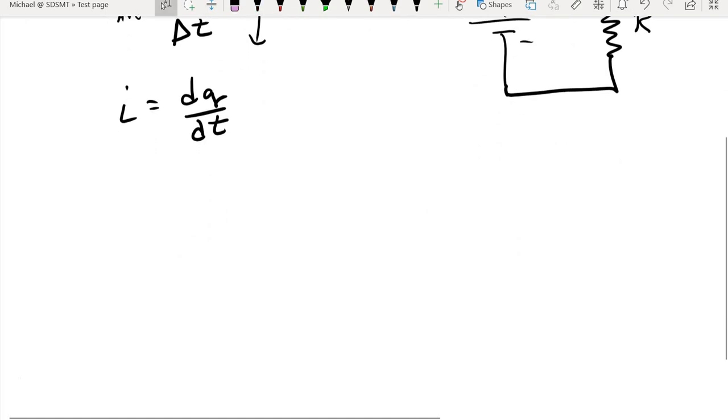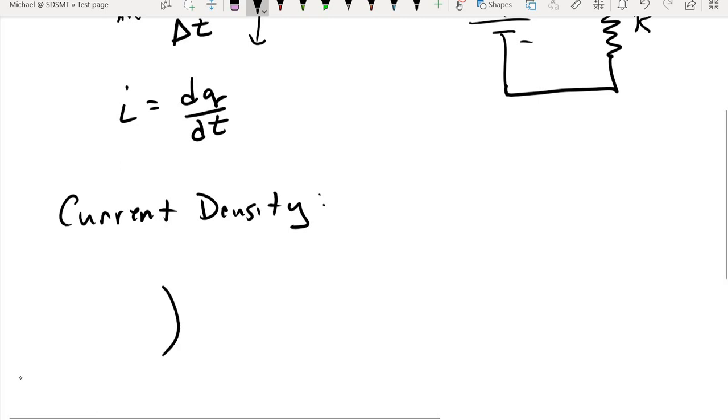So what about current density? Well, current density is, first of all, current, but then we have the density part of the definition. And if you're like me, back in middle school, the first time you probably heard the definition of density, that was mass over volume. And so you're probably thinking, well, I need to take that current and divide it over a volume, but that's actually incorrect, because